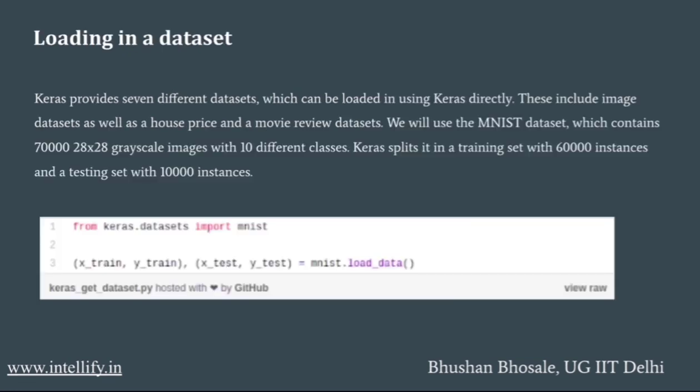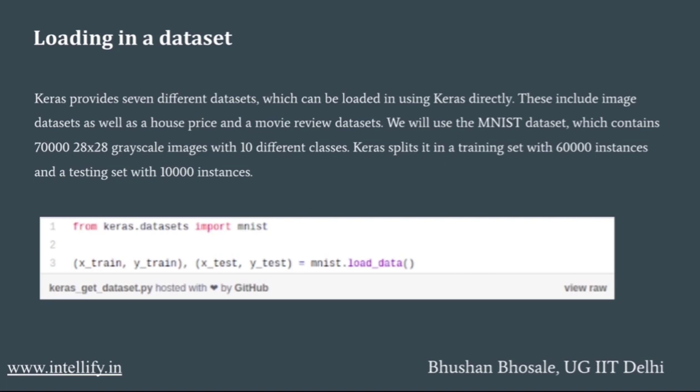Okay, now loading in a dataset. Keras provides 7 different datasets which can be loaded in using Keras directly. These include image datasets as well as house prices and movie review datasets. We will use the MNIST dataset, which contains 70,000 28x28 grayscale images with 10 different classes.